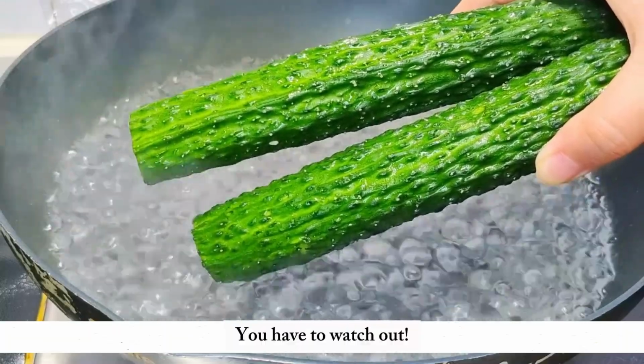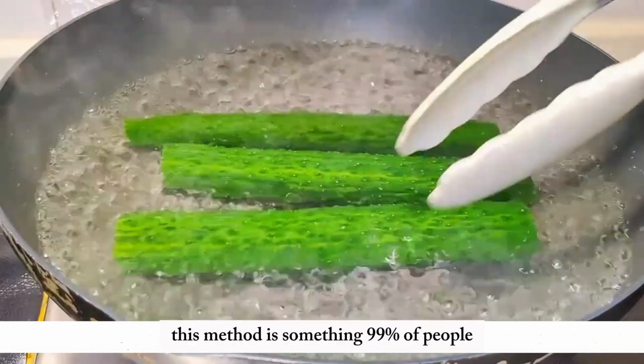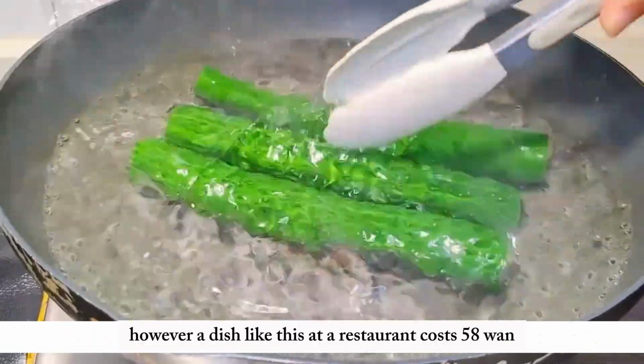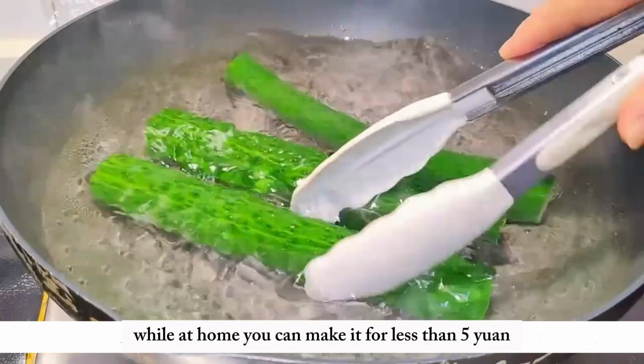You have to watch out. Put the cucumber in boiling water and blanch it. This method is something 99% of people have likely never seen or tried. However, a dish like this at a restaurant costs 58 yuan, while at home, you can make it for less